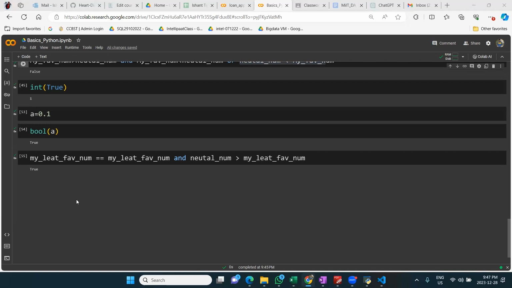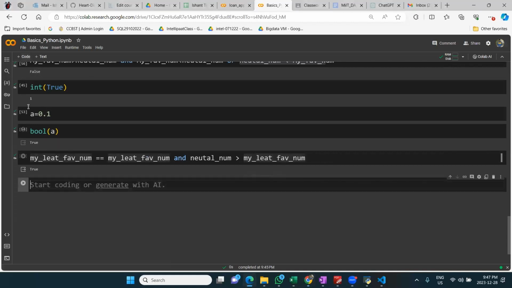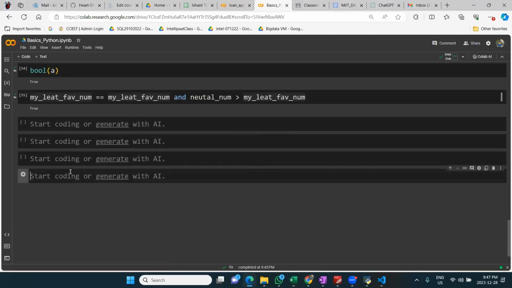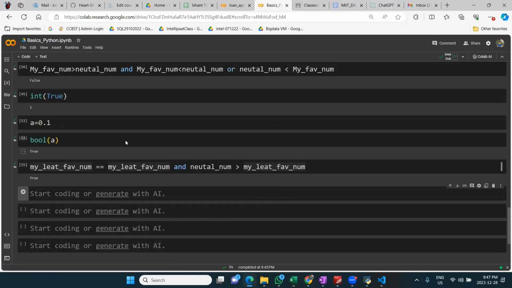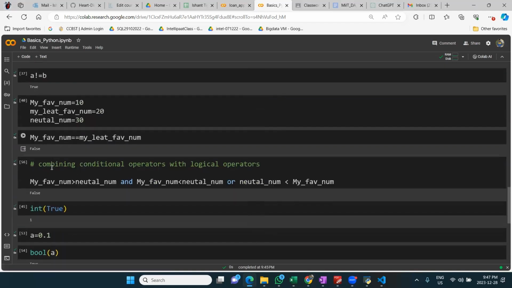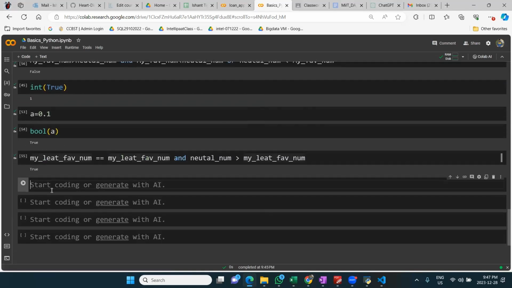Okay, guys, so this part is covered. The last thing I want to discuss is how to assign variables. Assigning variables is a bit tricky, okay? Always remember certain rules. So whenever you assign a variable, first of all, what is a variable here? This ABC is a variable name. ABC, my favorite number, my least favorite number, neutral number, these are all variable names. So when you assign variables, there are certain